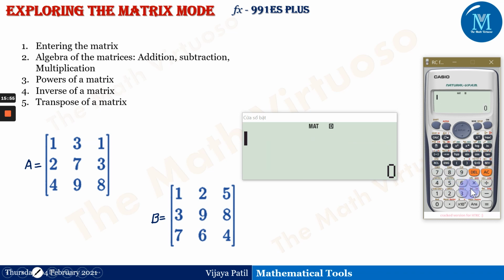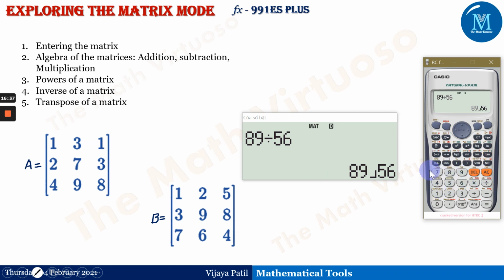Now this is one more thing. SD is one option which gives me 89 divided by 56, which equals 1 point something. This is something other than the matrix mode. So SD will give me here 89 by 56, and SD will give me fractions also. So both things are possible for me. Why? Because if the answer comes out in decimal form and I want to see it in p by q format, I can do that using this SD. Accordingly, you can just switch to this particular thing.